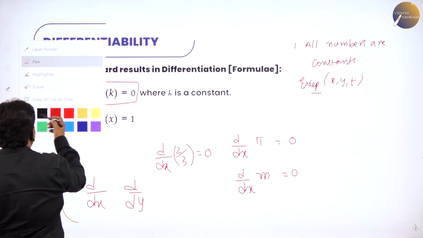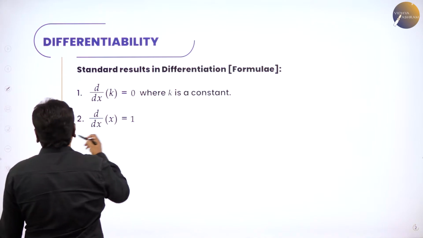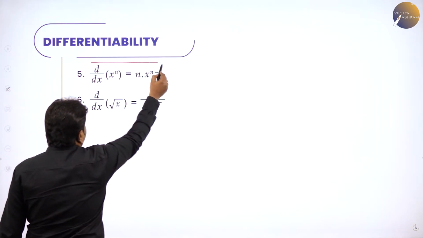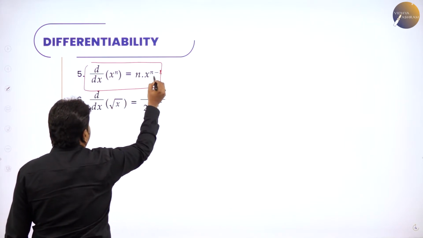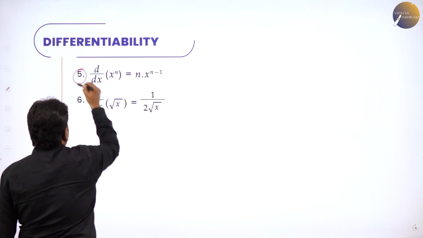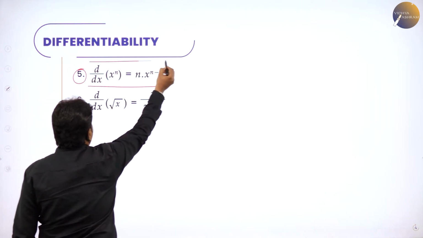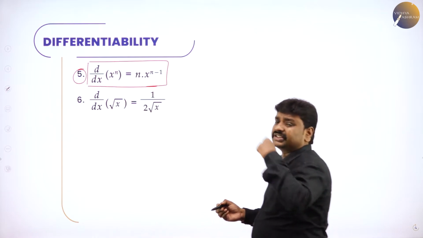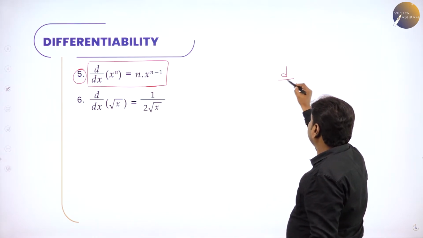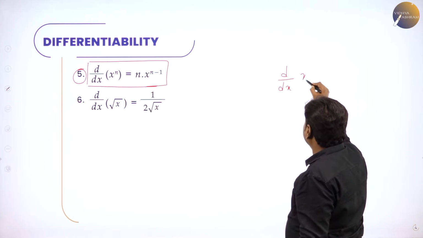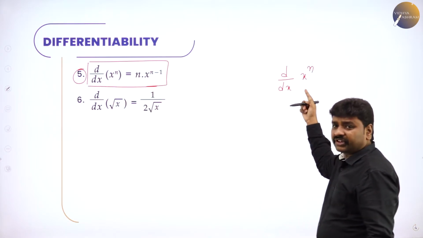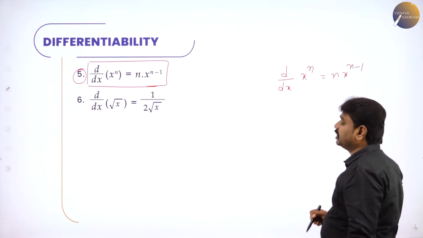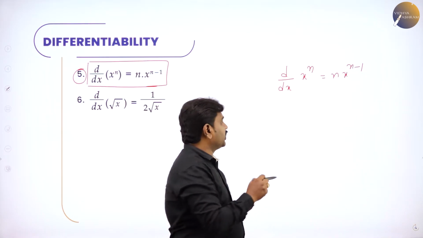Now, the second important formula. Before we go to the other things, first I will frame this important formula. This is the formula which you derived using first principles in 11th standard, most important. From this we can derive all other things. So d by dx of x power n. Differentiation of x power n is n into x power n minus 1. What is d by dx of x power n? n into x power n minus 1.